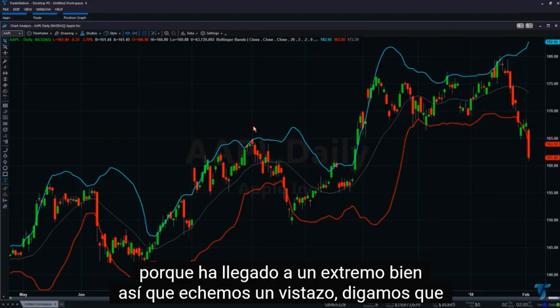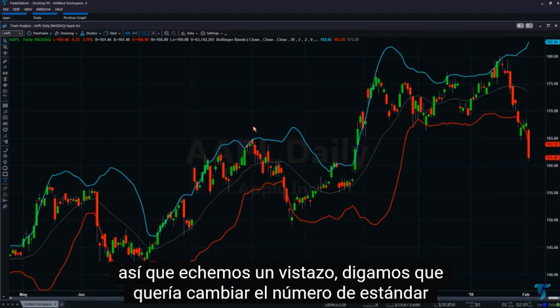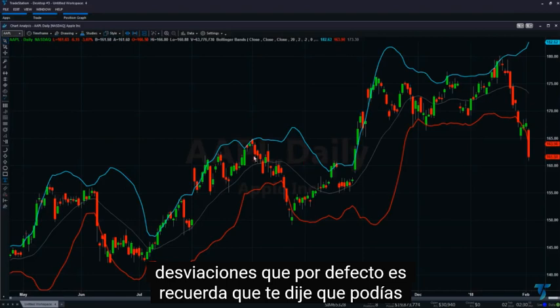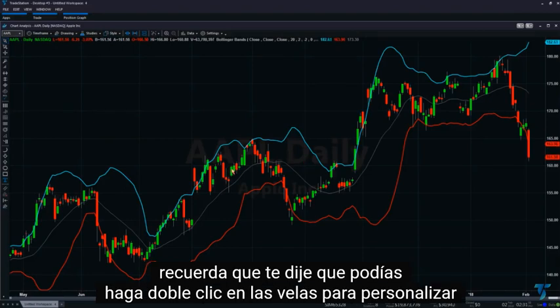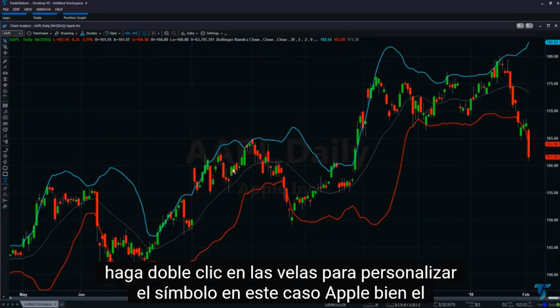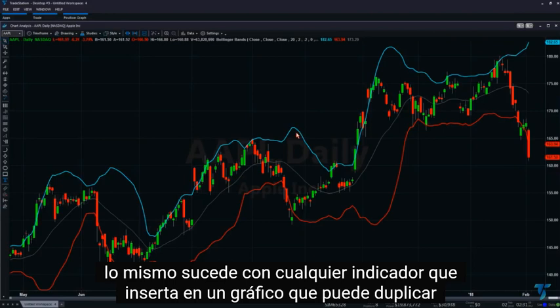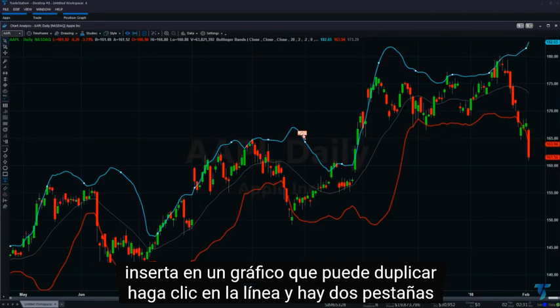All right, so let's take a look. Let's say that we wanted to change the number of standard deviations, which by default is 2. Remember that I told you that you could double-click on the candles to customize the symbol, in this case Apple? Well, the same happens with any indicator that you insert on a chart. You can double-click on the line,